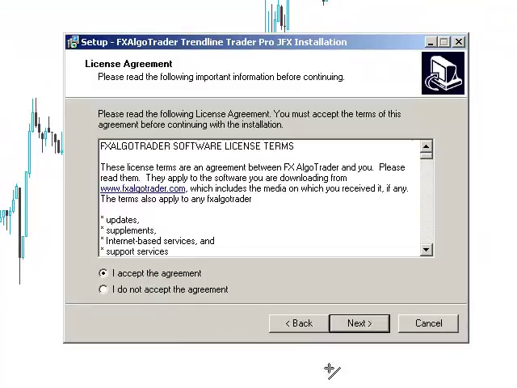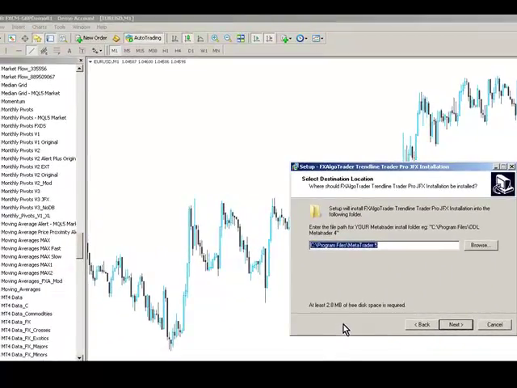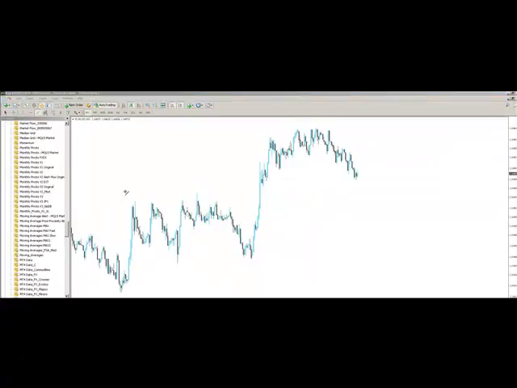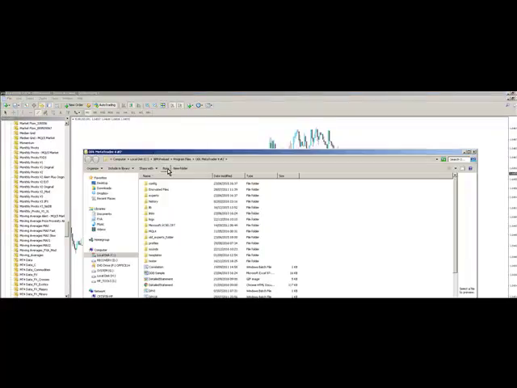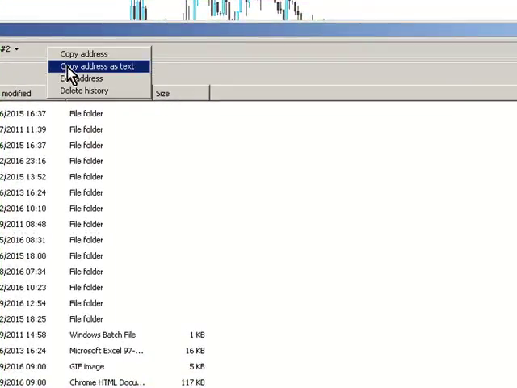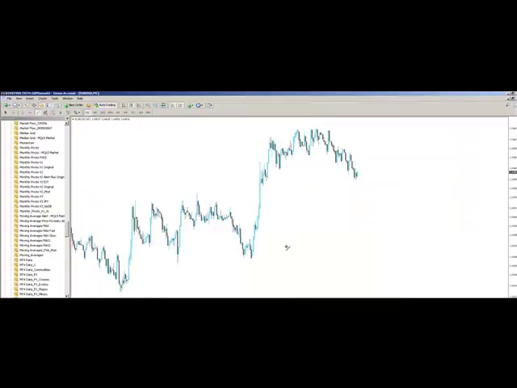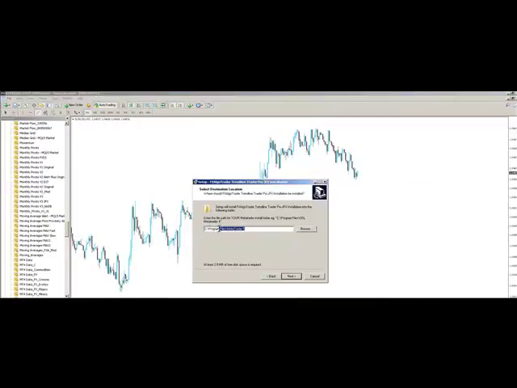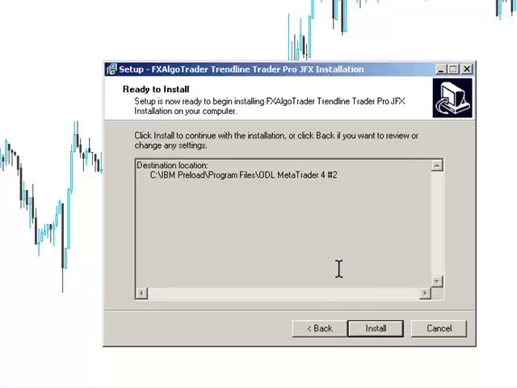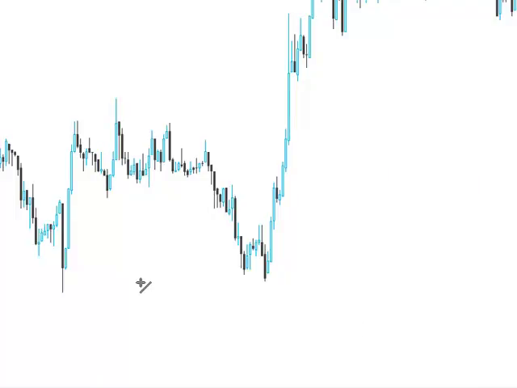You click next, you accept the license agreement, click next again, and the next thing you need to do is find the path to your MT4 data folder. So you just go File, open your data folder, and you can see this is the path to the data folder here. You just right click in there, copy address as text, and then go back to your installer, paste that address into the installer text field, and click next, click yes if it says the folder already exists, click install, click finish,